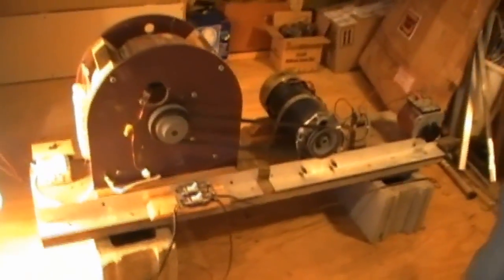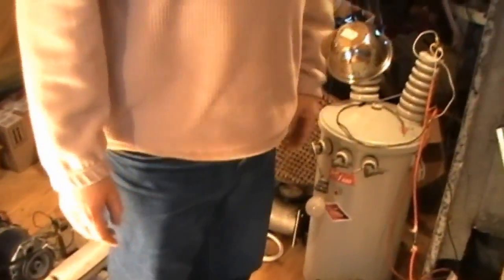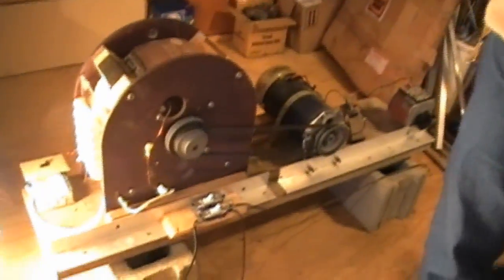And originally, I don't know if you want to show the transformer, but originally we ran a transformer just like this, and we burned out the transformer. We had it loaded to 40 kW. So we don't do it that high in this system anymore. We've actually burned out several